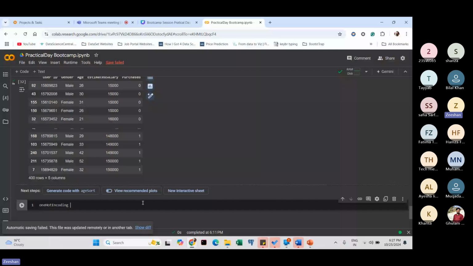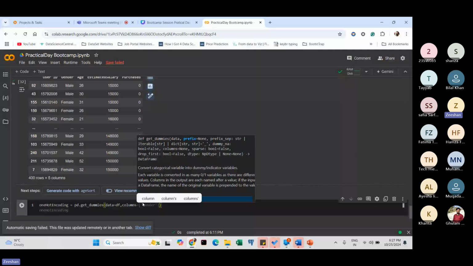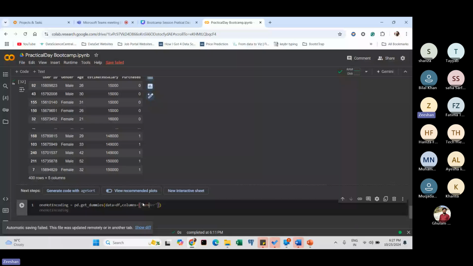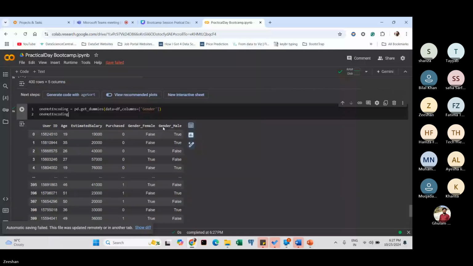pd डॉट गेट डमीज। गेट डमीज एक फंक्शन है पाइथन में, जहां पर जो भी कैटेगोरिकल वेरिएबल रहते हैं आप उसको चेंज कर सकते हो। तो अब मैं इसके अंदर जेंडर लिख रहा हूँ और फिर से मैं वन हॉट एनकोडिंग लिख रहा हूँ, क्योंकि हम लोग को रिजल्ट भी देखना है। अब मैं इसको रन करता हूँ तो आप देख सकते हो कि इसको ट्रू और फॉल्स में किया, ये सेपरेट किया। ट्रू और फॉल्स इन सिमिलर वे 0 और 1 ही है, मगर अगर हमको इसको नंबर्स में चेंज करना है, तो वो भी हम कर सकते हैं। वो आपको दिखाता हूँ मैं,